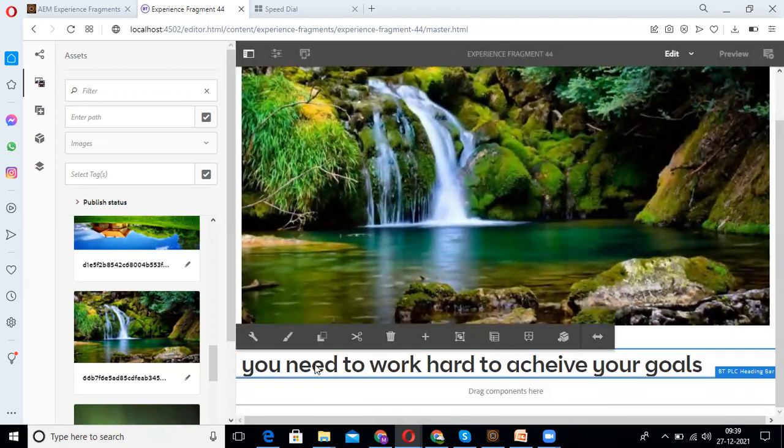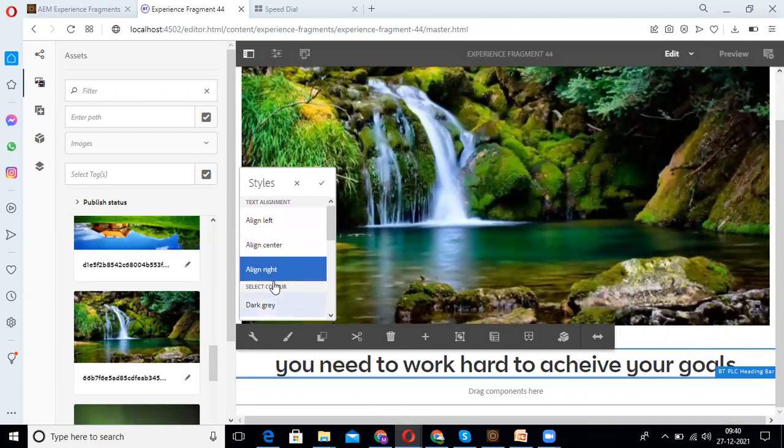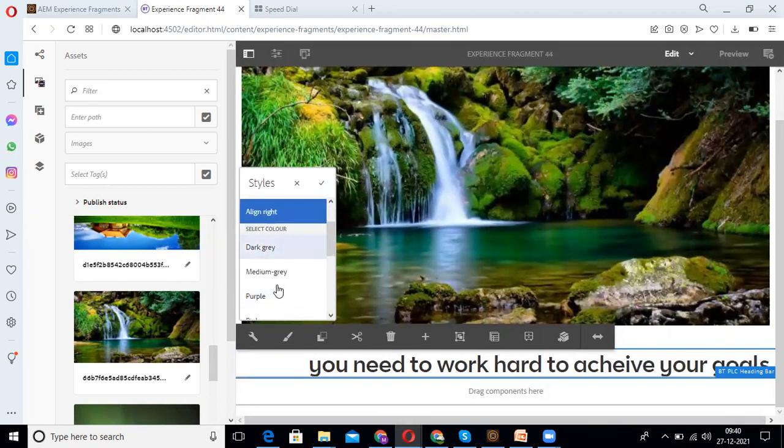Now we can modify this by using different style options. Clicking on styles, there is text alignment. You can align to left, you can align to center, you can align to right. We can take different colors like dark gray, medium gray, black. It will change automatically. Red is also there.